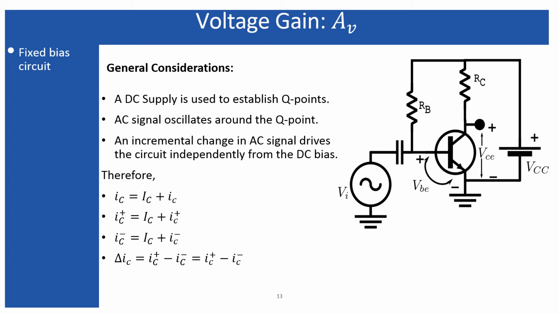So before going to discuss all the AC parameters and all the applications associated with the small signal model, we have to consider a few things. First of all, look at the circuit. This is the first time this fixed bias circuit includes an AC signal, because in all my previous lectures I have shown you the fixed bias circuit only using the DC voltage source, and that establishes the Q point only. And here I have incorporated an AC signal along with the capacitor.